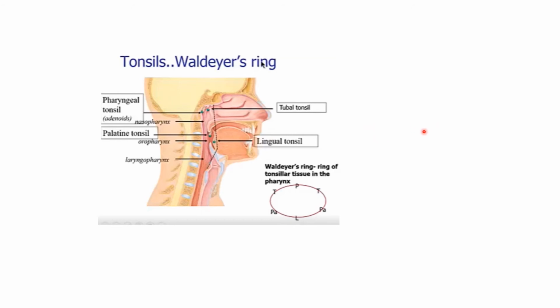At the tip we have the sweet taste, posterolaterally is salty, and when we go more laterally towards the foliate is sour. So at the tip is sweet, posteriorly and laterally is salty, and sour is more laterally. So when we take a tablet, if we try to put it posteriorly, that becomes more dangerous because you feel the bitter taste at the posterior aspect.